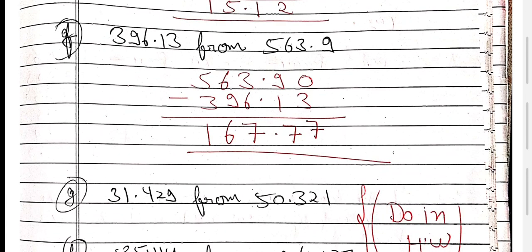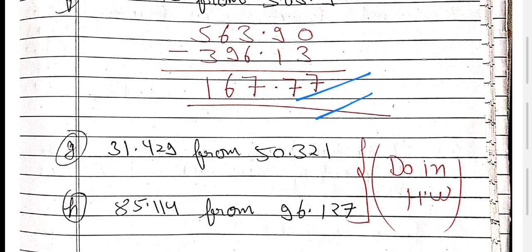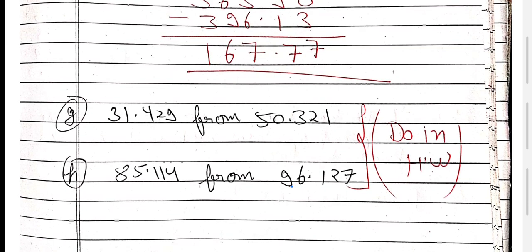Now again, 196.3. They have 2 decimal places, they have 1 decimal place, so increase 0 to make it 2 decimal places. Now the from part is put first and this part here. Now just see, 0 minus 3 not possible, take 1, it becomes 10. 10 minus 3 becomes 7. Here it becomes 8, 8 minus 1 becomes 7, decimal as it is. 3 minus 6 not possible, take 1 carry, becomes 13, 13 minus 3 becomes 7. 5 minus 9 not possible, take 1 carry, becomes 15, 15 minus 9 becomes 6. 4 minus 3 you get 1. So your answer is 167.77. Similarly, these two parts you have to do by yourself in homework.